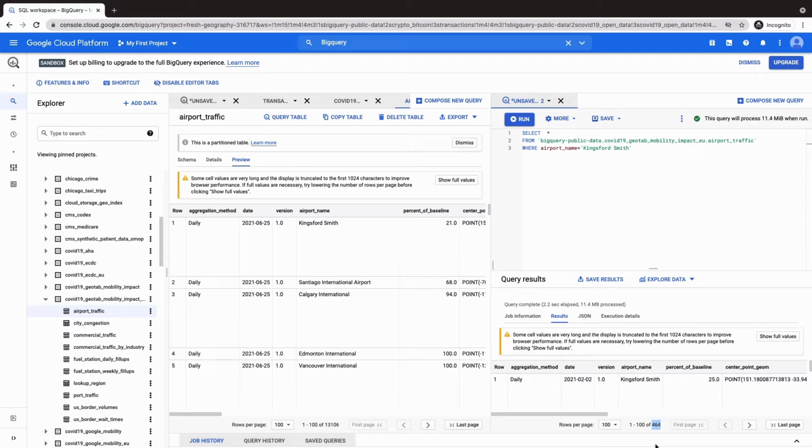Maybe we are not interested in seeing this granular level of data, but for each airport name, we want to see the first time it appeared in the data set and the last time it appeared in the data set. So when we write this query, since we're trying to do this for each airport name, we will say airport name,